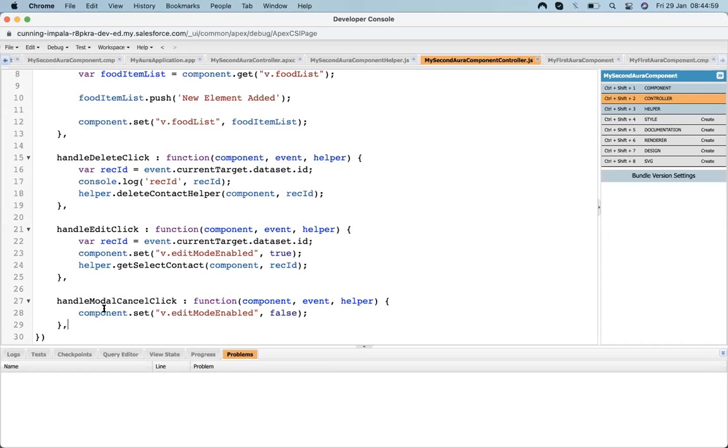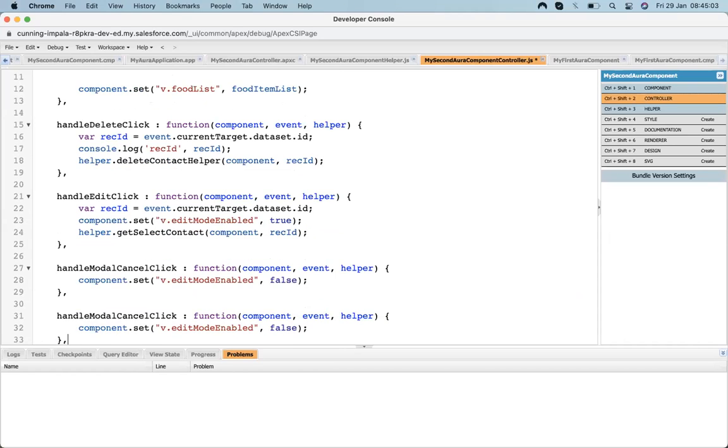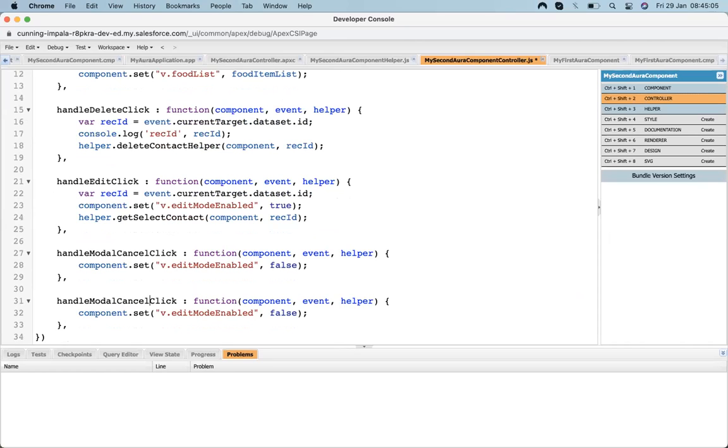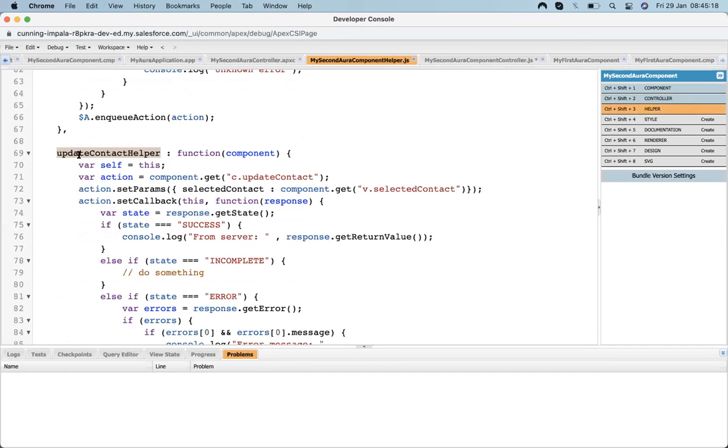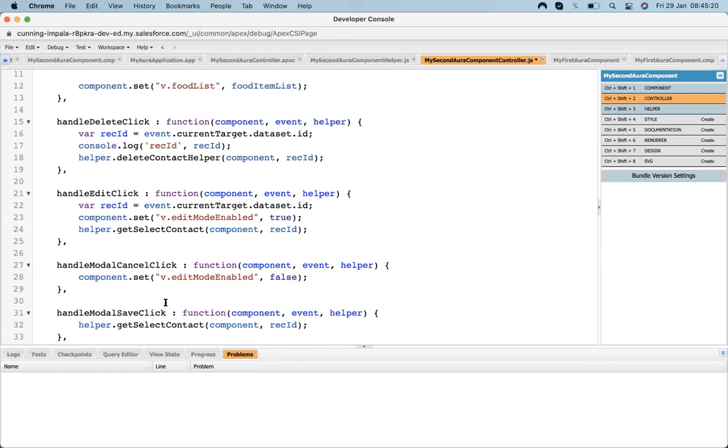I haven't created that method. So let's create a handle model save click. From the helper I will copy the name and paste it up here, and remove this record ID, save it.